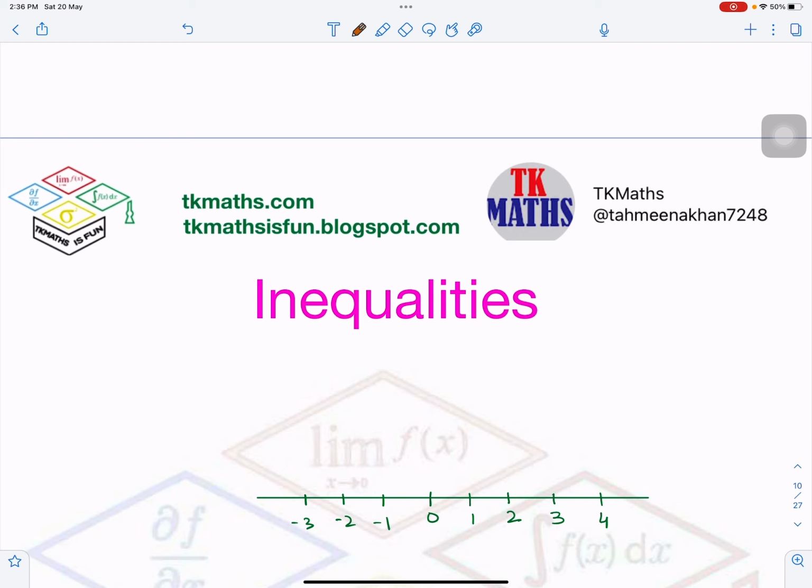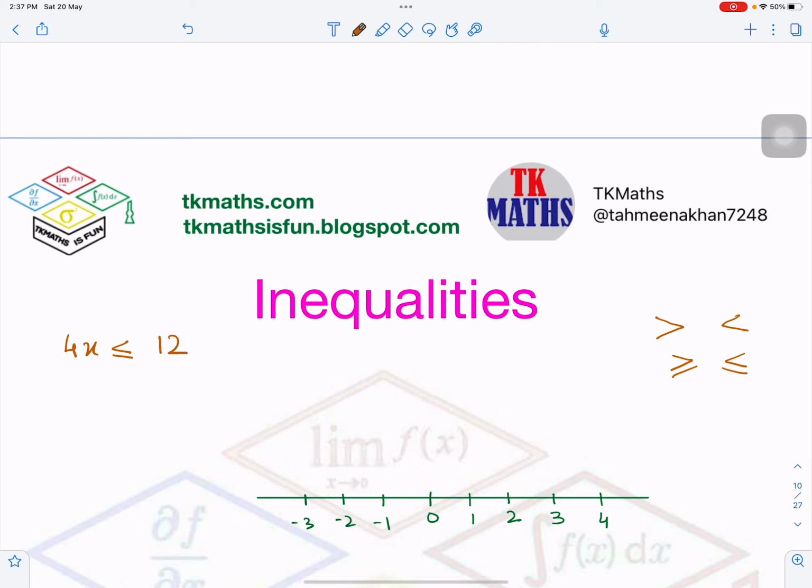In today's video, we will see the concept of inequalities, how to express or represent it on the number line, and the word problem to solve inequality, right? So let's revise the concept first of all. When we are talking about inequality, we are talking about these symbols: greater than, less than, greater than or equal to, less than or equal to. So if I say 4x is less than or equal to